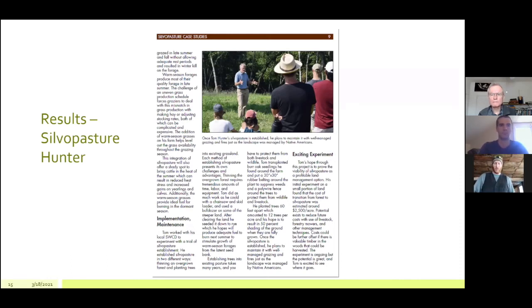Or some of them, the greater the diversity in the tree component, the better. If we can diversify crops, all the better from those trees, get even quicker short-term yields of different fruit and nut crops and things like that. That's great, and there's a lot of interest in that.